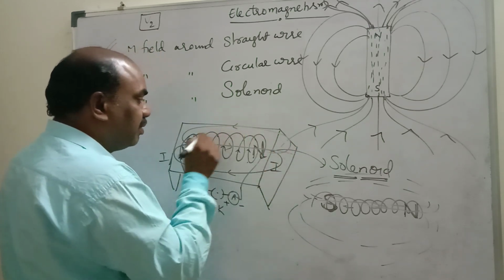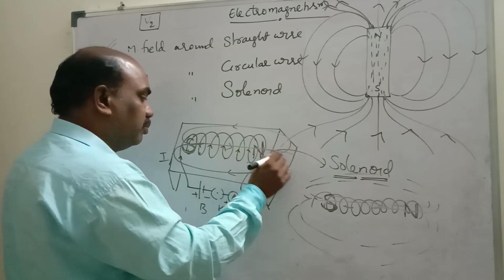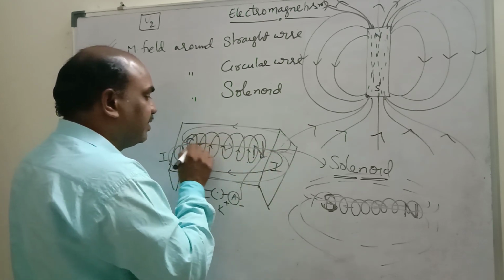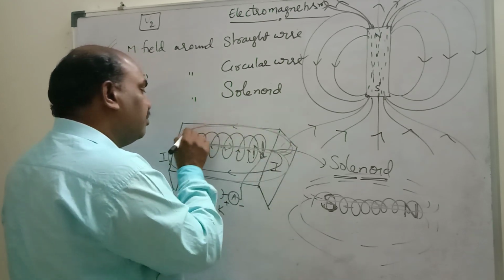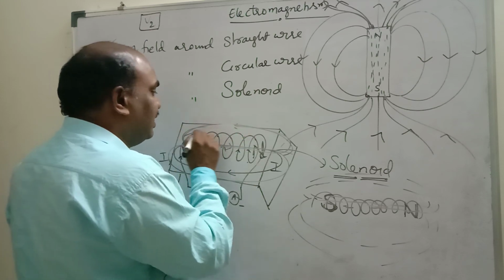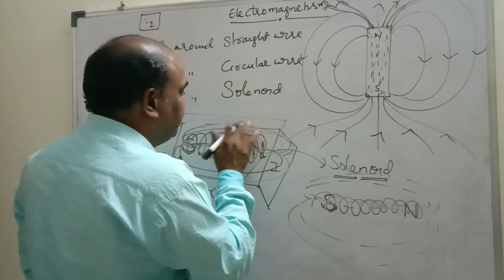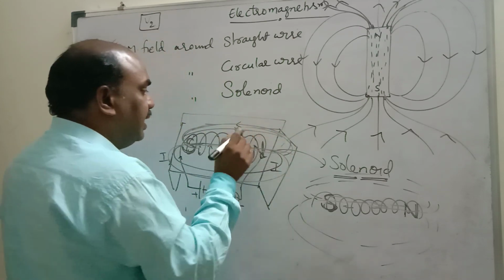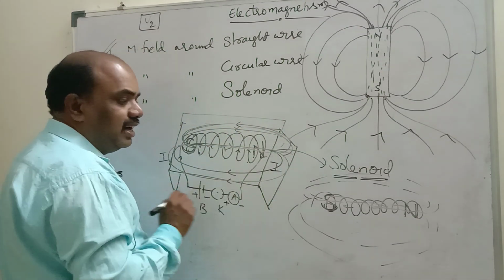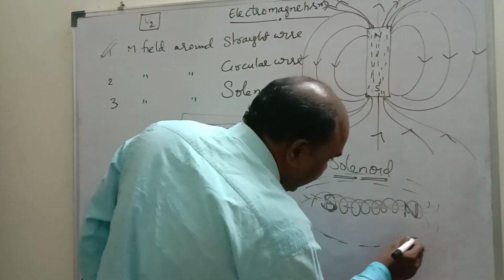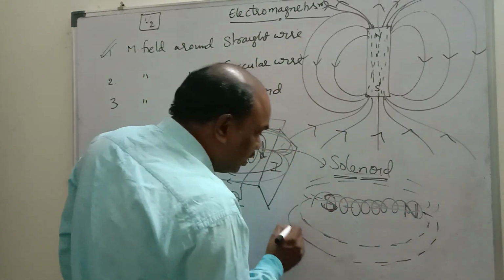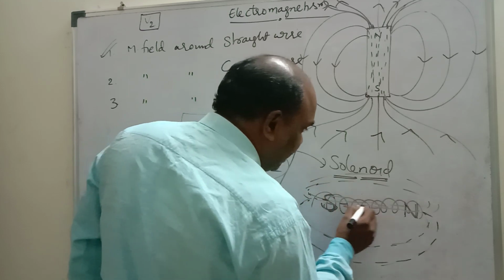Magnetic lines coming out from the north pole enter into the magnet from the south pole. Like this you can see, if you place a compass or sprinkle iron filings, you can see magnetic lines do not overlap. Here there is no space, that is why it looks somewhat clumsy, but magnetic lines never intersect each other. That means all the iron filings alignment you can see like this. From the north pole they come out and at the south pole they enter into the magnet.